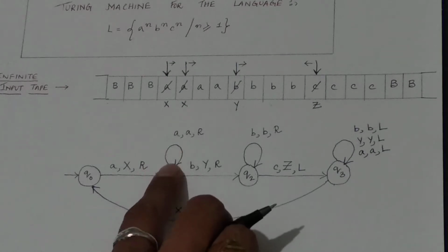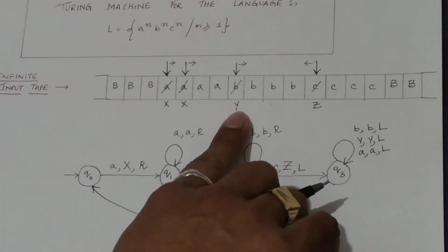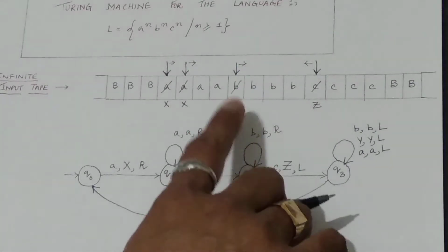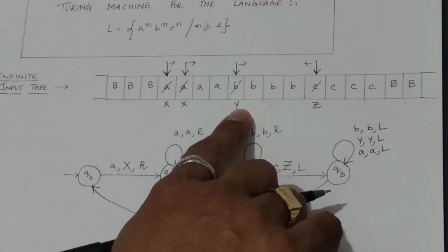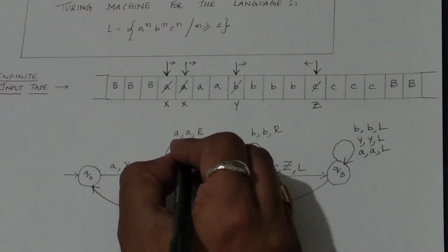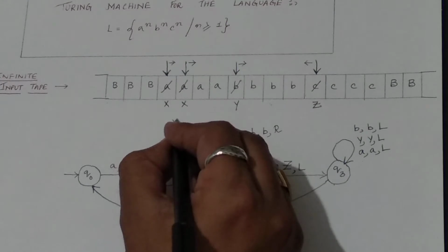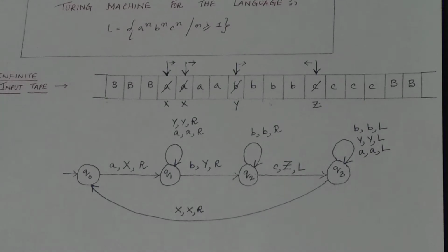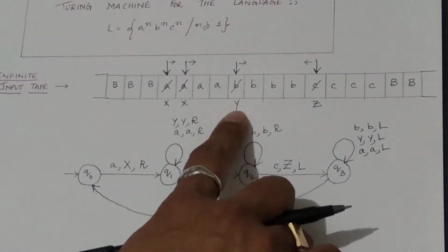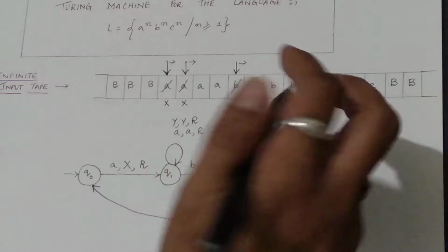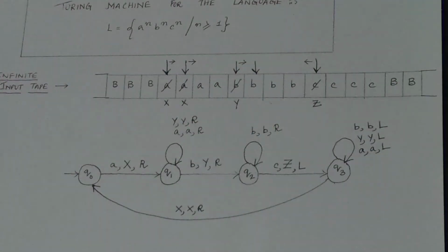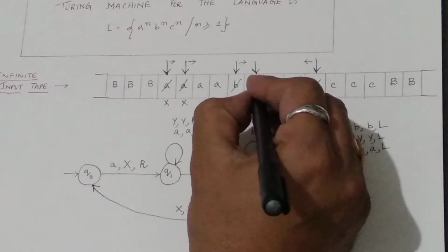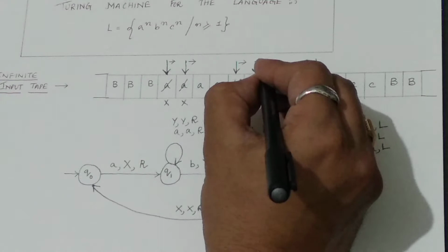So while moving now, it will come across one more variable, that is Y, because earlier B was already replaced by Y. So this time while coming back, it will again read Y. So I have to use one more transition over here. That means if you encounter Y, replace by Y, and the tape head will move in the right hand direction. Now after reading this Y, what will be the next element? The tape head will now reach B. As soon as it sees B, it will replace B by capital letter Y, and the tape head will move in the right direction.